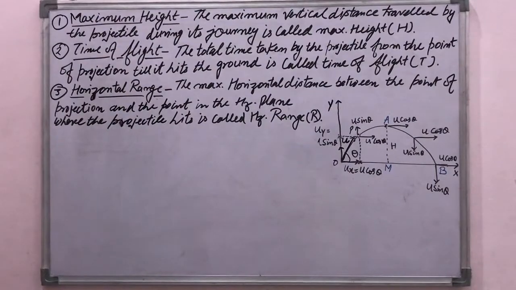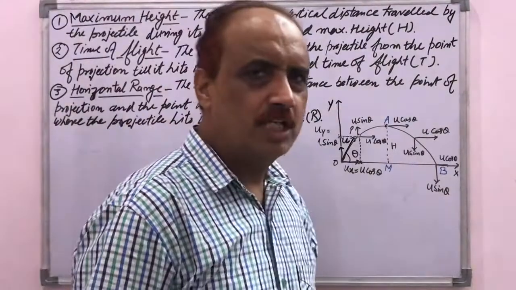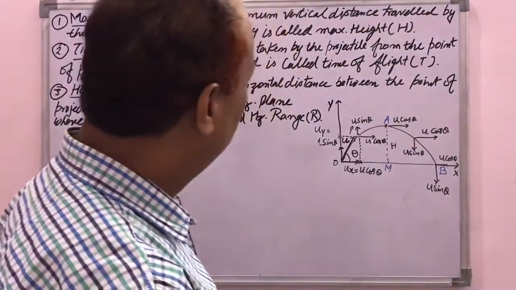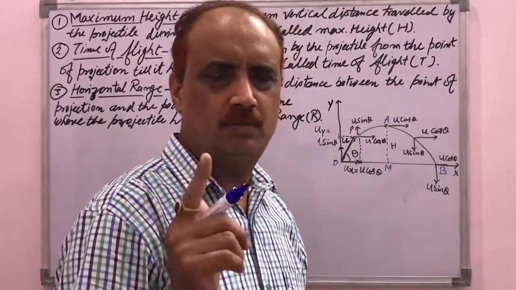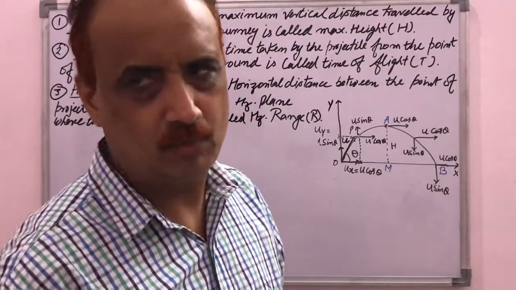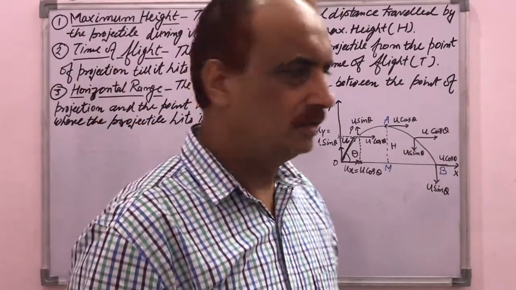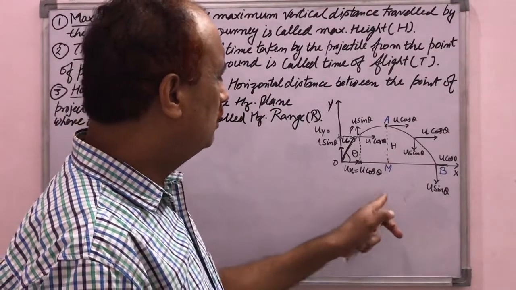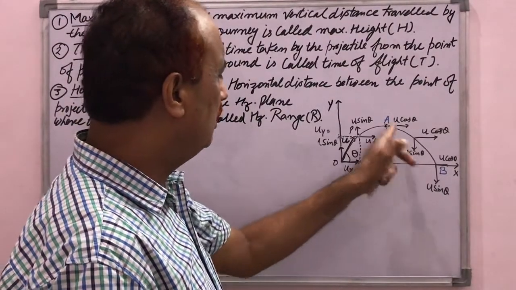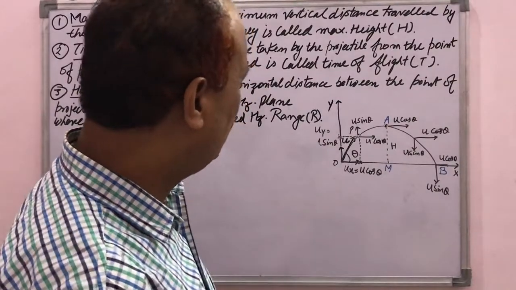Hello students, in this video we will discuss the next part of the projectile motion. In the previous video I have already discussed that the path followed by the projectile is a parabola, and the diagram is given here. We have to find out how much maximum height is acquired by the projectile,